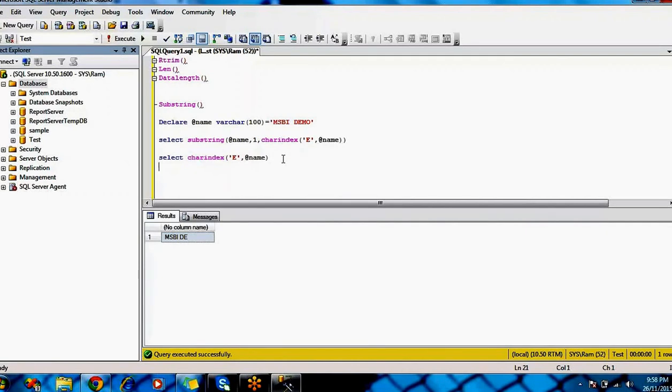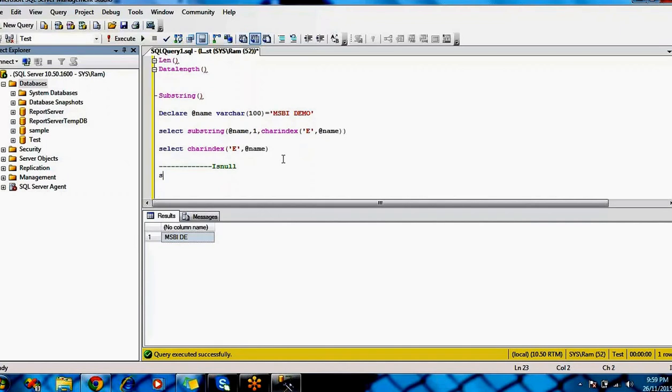Okay, right. So coming to the next function, that is the ISNULL function. We have the data in the employee table.